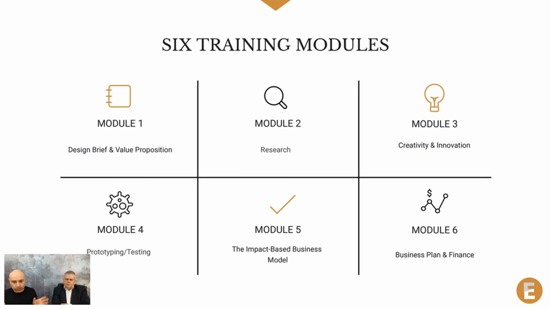So we are going to see not only the product and the users, but rather we add towards the product-market fit all the different other components of a business model. And now you can see that module 6, the business plan and finance, is actually the last one. And this tells you a lot about the fact that this training course is the opposite of the conventional start-your-own-business course, because where they start is actually where we finish.